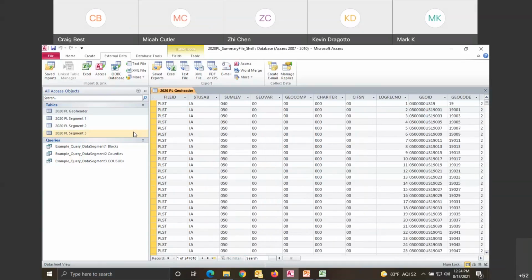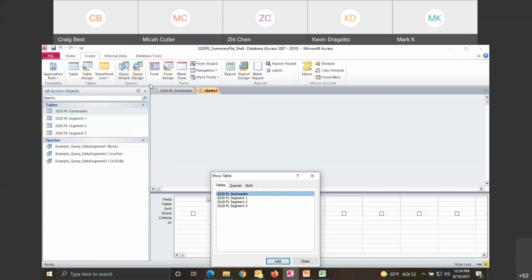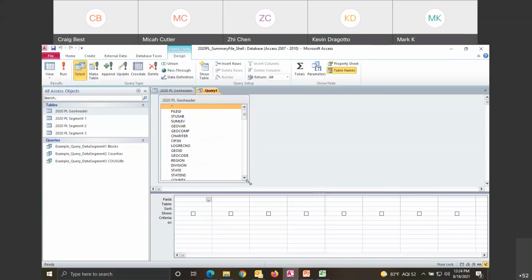Okay, let's do a query. I'm just going to do it the easy way here. I'll click on Query Design, and I'm querying the 2020 Geo header file. So I'm going to add that and then close it. And if you're not all that familiar with Access, hopefully you'll see how I can jump back and forth between reviewing the data and changing my query to get something just a little bit different that I might want.